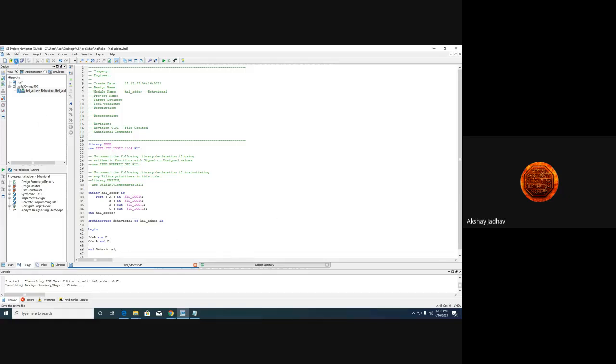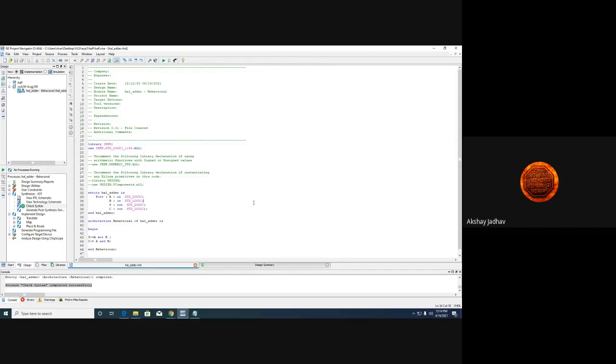Okay. So once we have completed, just click on save and go to the synthesis XST or implementation design. In synthesis XST, that is your Xilinx synthesis tool, just double click on this particular check syntax. Once you double click on it, it will give you the message that process check syntax has been completed.